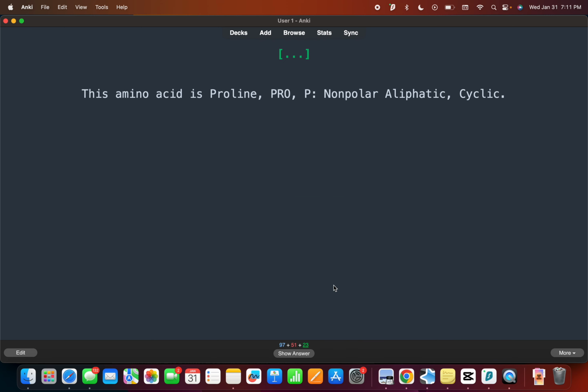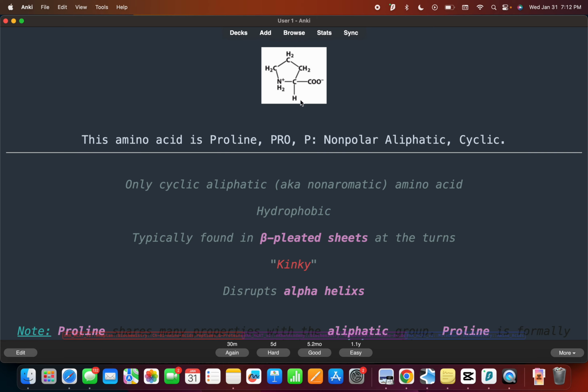This amino acid is proline. It's when the functional group reattaches to the amino group, so it comes one C here, one C here, next C here, and the third one is, I believe, yes, one, two, three. The third one is connected back to the nitrogen in the amino group. It's cyclic aliphatic, not aromatic, and it's hydrophobic,